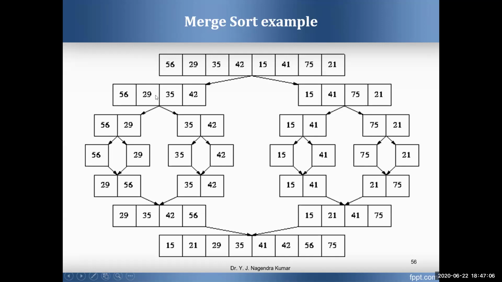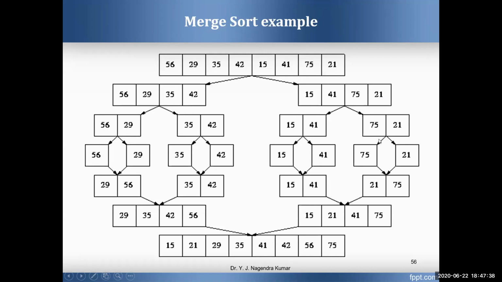Similarly, we have to apply the same technique on these subarrays. So with 4 elements, n value 4, you have to divide into n by 2, that is 4 by 2, which is 2. 2 on the left side and 2 on the right side. Similarly for the right side subarray, 4 elements are there, and you have to divide into 2 and 2. And then where 2 elements are there, again you have to divide into half. 2 by 2 is 1. So single elements.